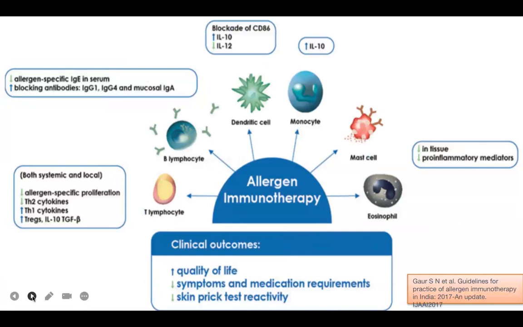If you revisit your first class on the basics of allergen immunotherapy, starting from the introduction of the allergen to the system through the defective epithelial barrier, just remember who was there to catch that allergen: the dendritic cell. So even allergen immunotherapy has some role on the dendritic cell. After that, you can see all the phases, starting from the T lymphocytes, where the dendritic cell presents the antigen, and that T lymphocyte becomes Th2 type, and lots of cytokines like interleukin 4, interleukin 5, and interleukin 13 produce a cytokine milieu